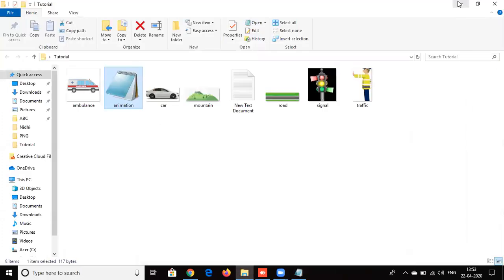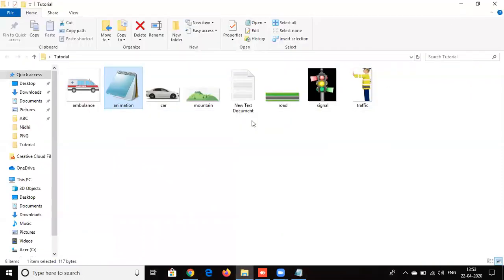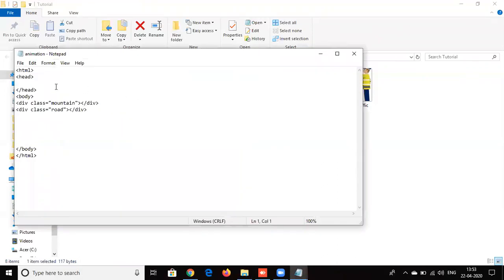Now let me run it. I press right click, open with Google Chrome. There's nothing which has occurred. Why? Because I've just given a tag. I have not written the actual coding of it. So I have to again go to edit. Like if you want to do some activity, it should first go into your head. The same thing, in head, I have to first write style.